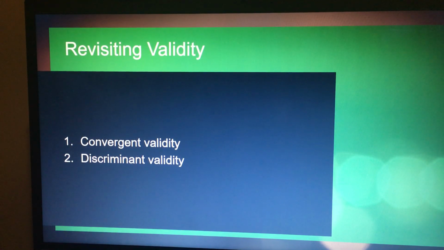For example, construct validity involves evaluating whether a test measures the theoretical construct it claims or aimed to measure, right? Did the study measure what it sought to measure? So one way to assess construct validity is through convergent and discriminant validity. Convergent validity is demonstrated when a test has a strong positive correlation with other measures of the same construct,